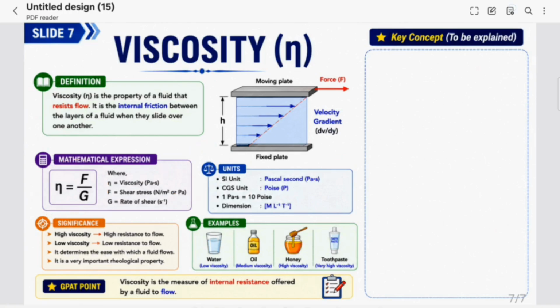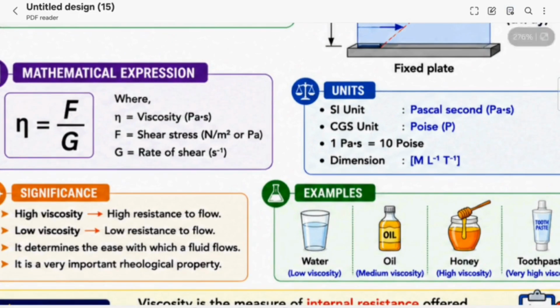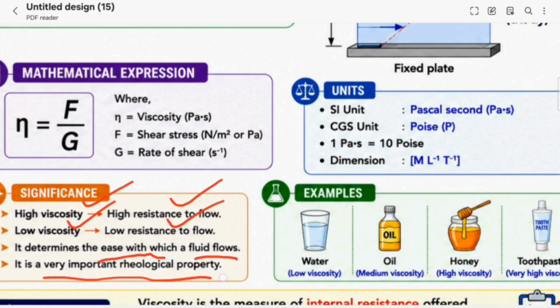Okay, what is the significance of studying viscosity here? High viscosity, high resistance to flow. Low viscosity, low resistance to flow. It determines the ease with which the fluid flows. It is very important in rheological properties. How? Now,